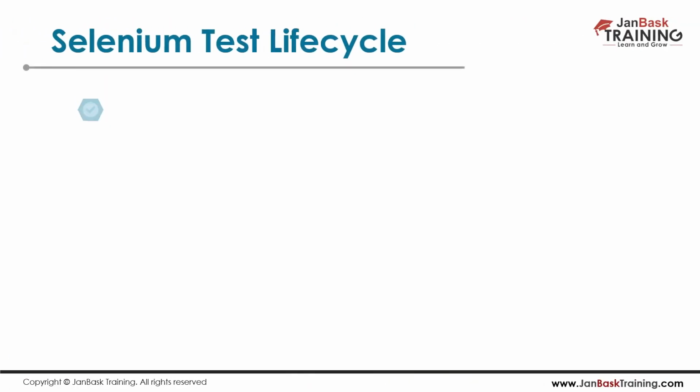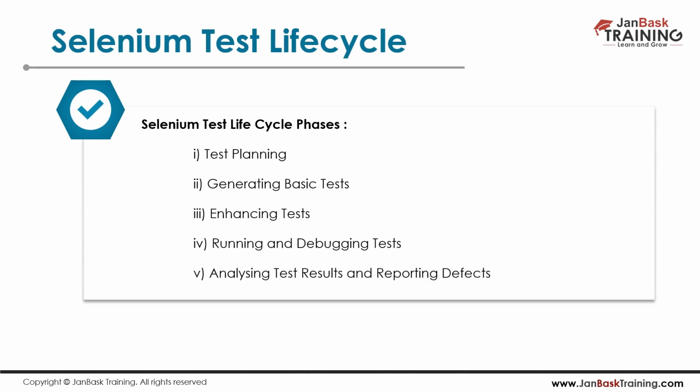So this is the Selenium test lifecycle. We need to discuss a little bit about it. This is exactly followed from a coding perspective, but no one ever asks you such a question about the Selenium test lifecycle. But this is very generic information. So test planning. Usually what happens? Whenever we get the requirements, we need to plan how we need to implement those requirements. So developers plan their own way, testers plan their own way, right?